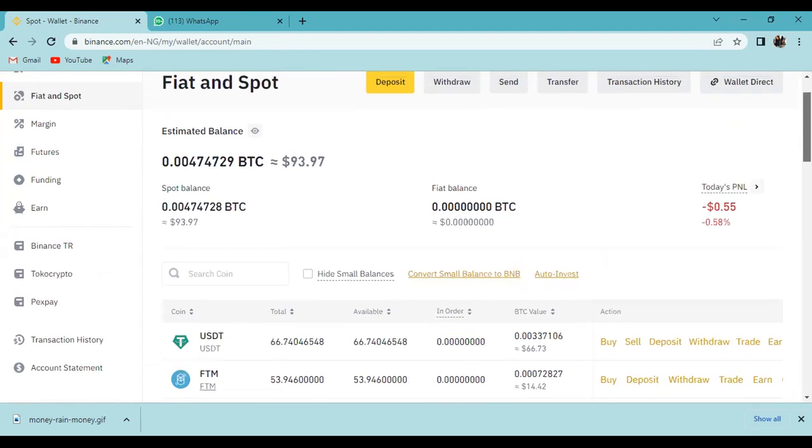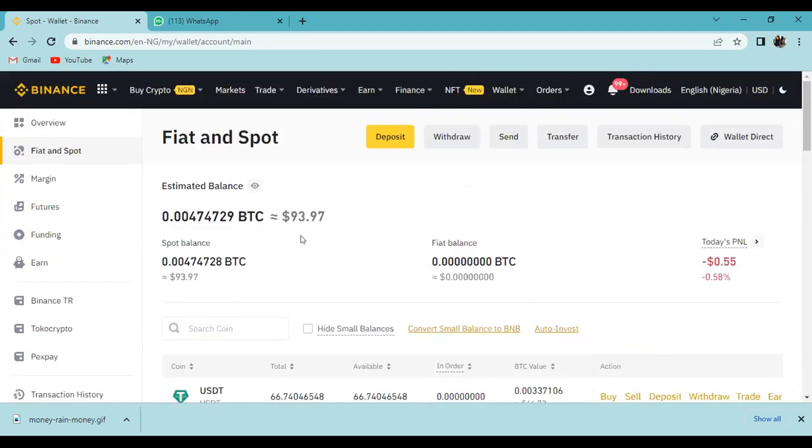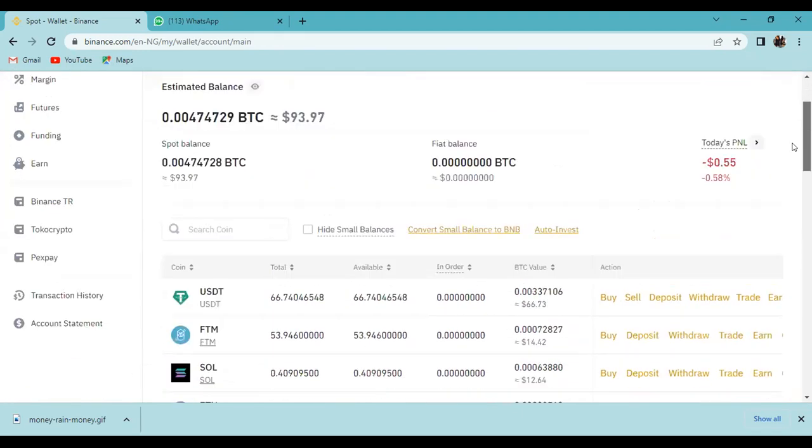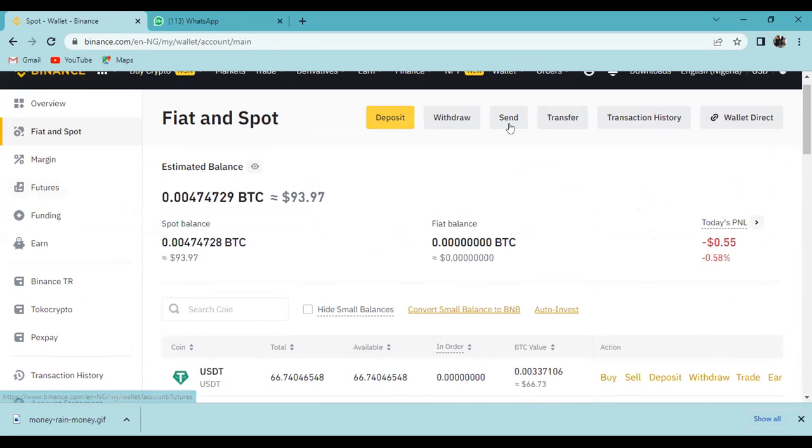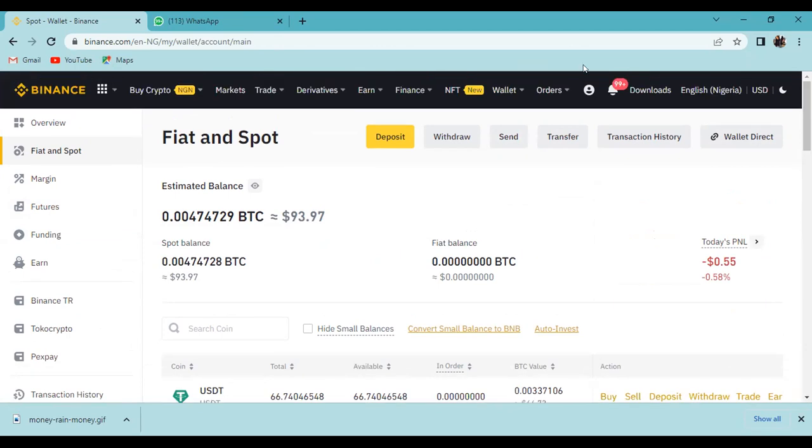Here is where you see your balance and the number of assets that you own. So let's say that I want to trade on spot now. This is the spot section of the exchange. I'm going to go to the trade.